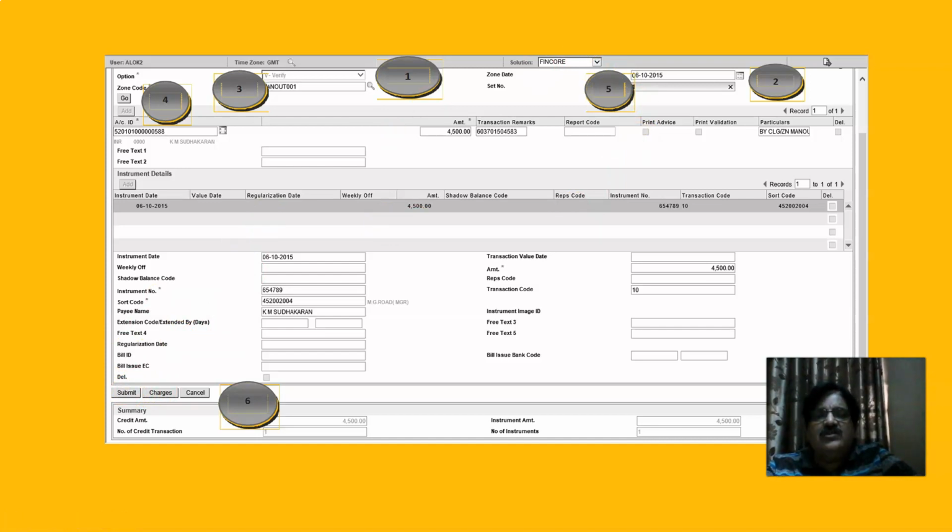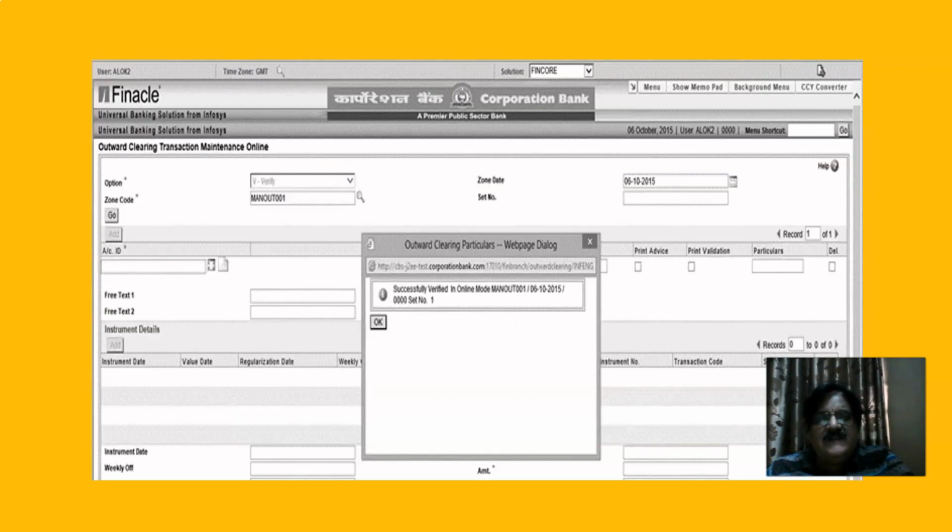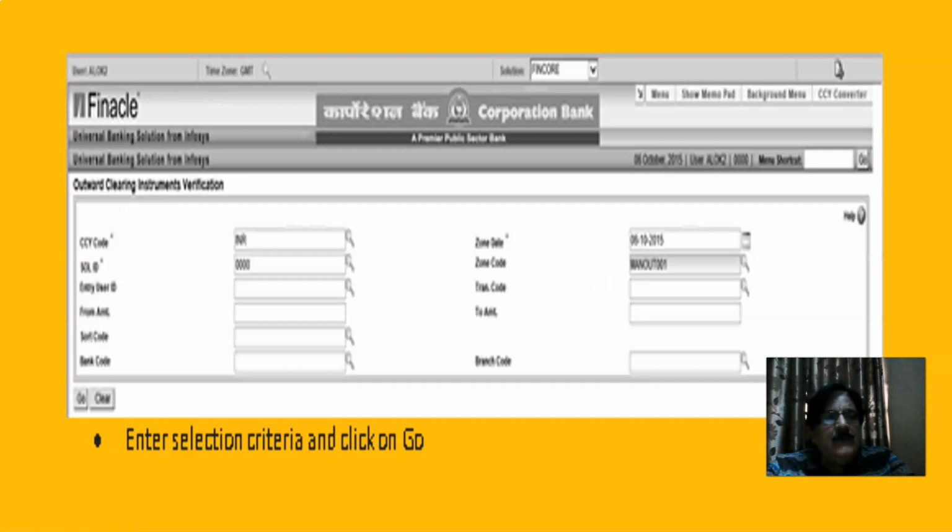This is how this has to be verified, and on my website I have shown you this practically, how we are going to do it, so that will be more useful to you, besides getting your concepts clear. So you can see here successfully verified for set number 1, then you enter set number 2, set number 3, and after each set the submit button has to be pressed, right? And you can view the details, right?